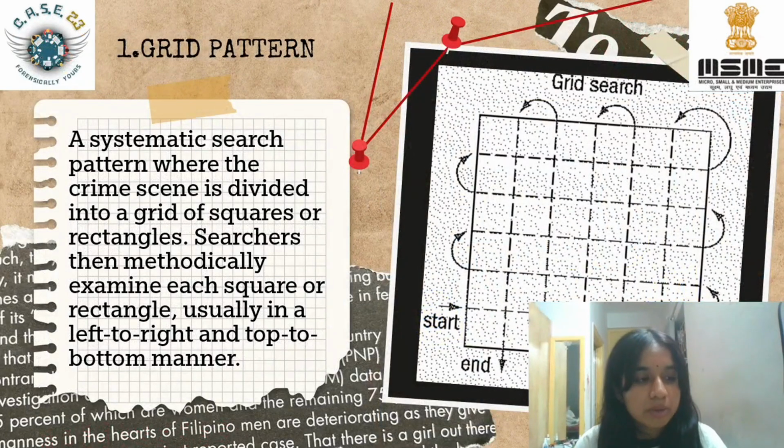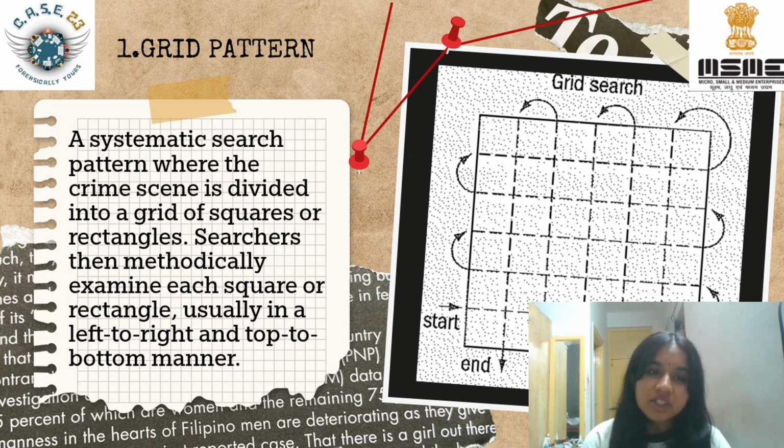Now there are various types of search patterns that are used to identify evidence. The first method we will be talking about is the grid pattern. In the grid line search pattern, it is a systematic search pattern where the crime scene is divided into a grid of squares or rectangles. The crime scene investigator would systematically examine each square or rectangle, usually in a left to right or top to bottom manner. So there's a start point from which the investigator will start to move. I will be moving the cursor the way the investigator will be moving. So from the start point, he will be moving in these parallel directions,